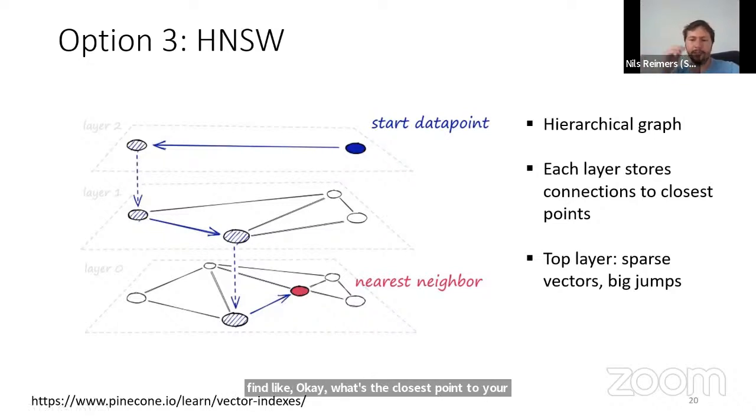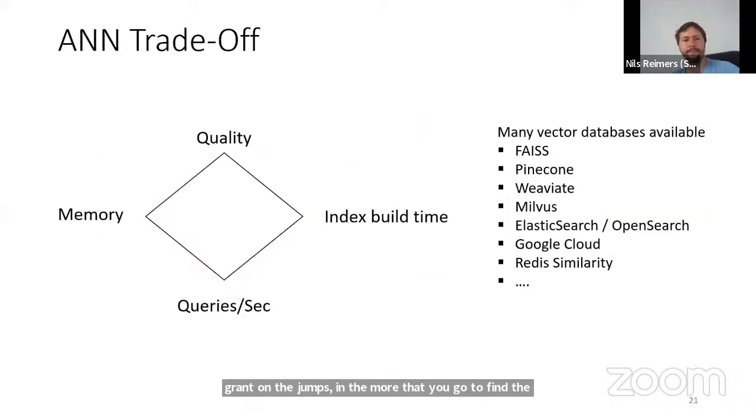So the top layer makes really large jumps in your vector space. And the deeper you go in the layers, the more fine-grained the jumps are, and the closer you get to finding the closest neighbors to your query. And as usual, there are many trade-offs, and it's a science in itself how to pick an approximate nearest neighbor